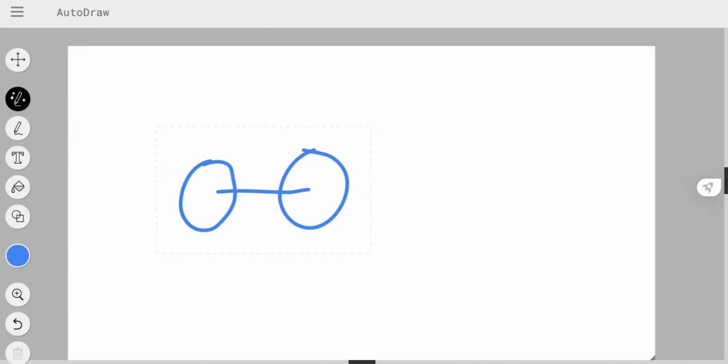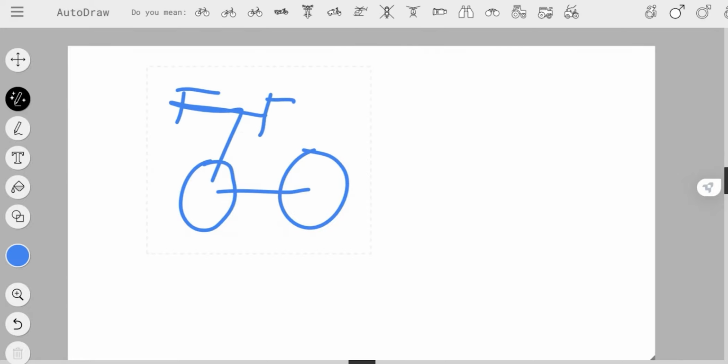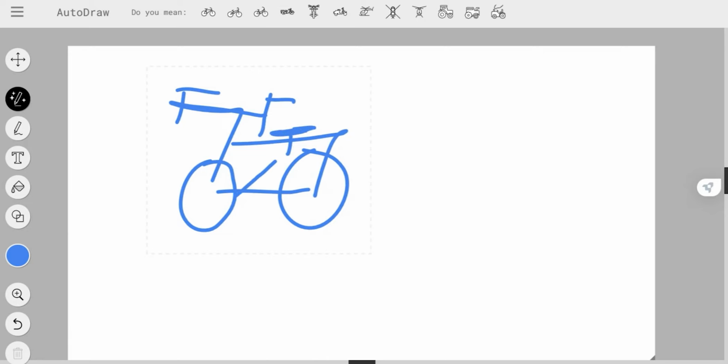For example, let me take a magic pen, and I want to draw us. Okay, you guys tell me what I am drawing. What is it, guys? What is it?